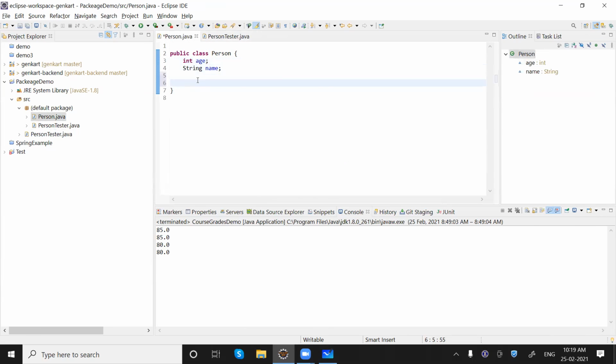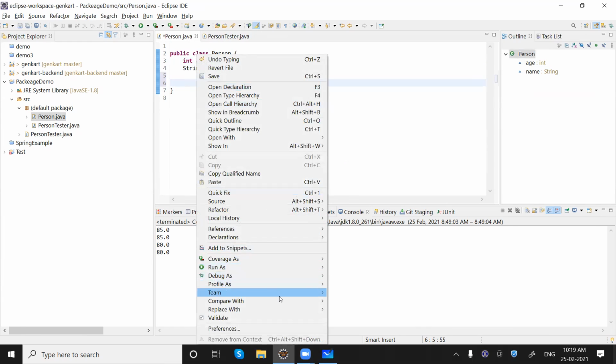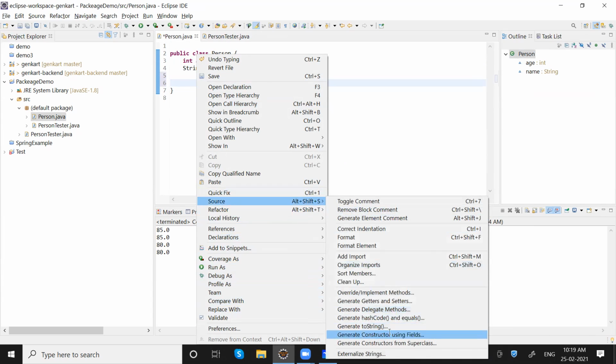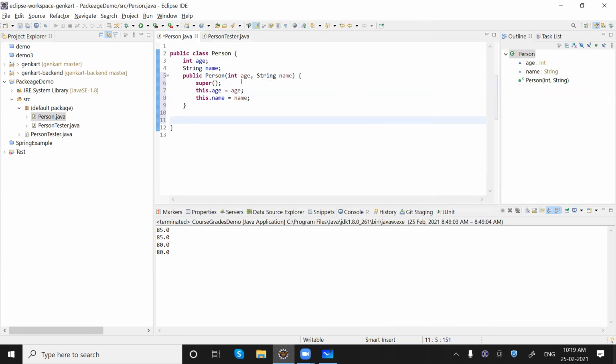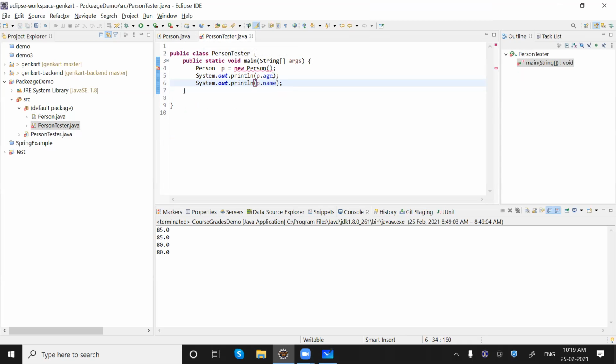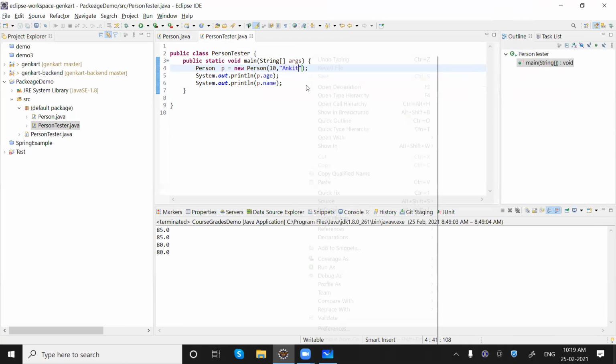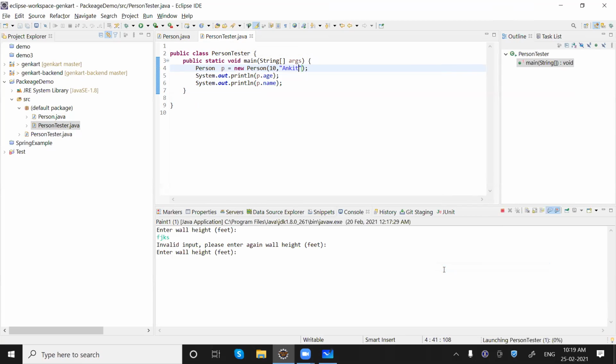Let me do one more thing. Let me create a constructor here. So we have this constructor, and we need to pass age. Let me take 10, and a name I'm taking, some Ankit. Now if I run it, there is no error. We are able to run it, getting 10 and Ankit.